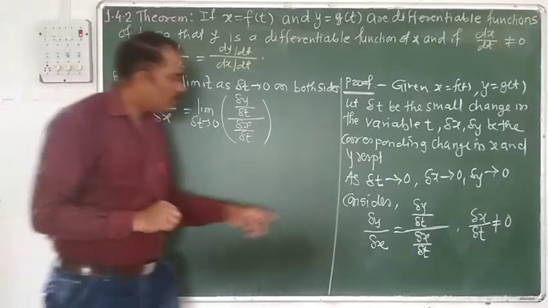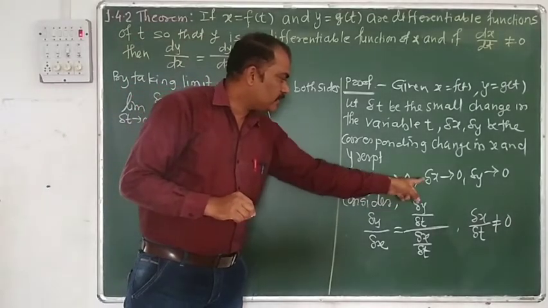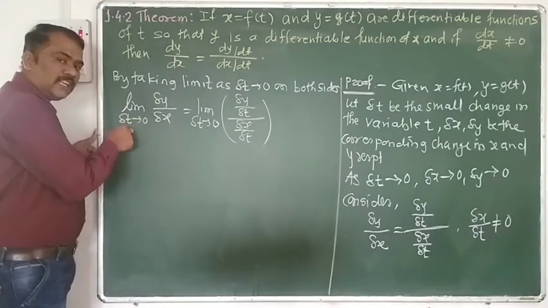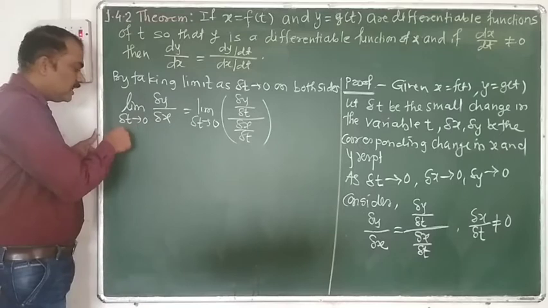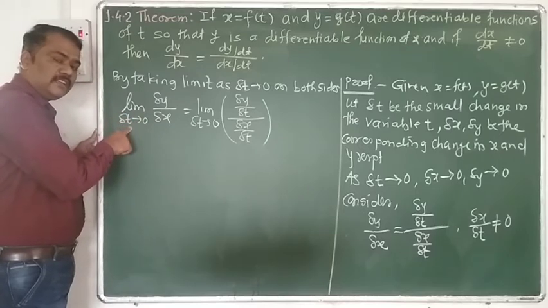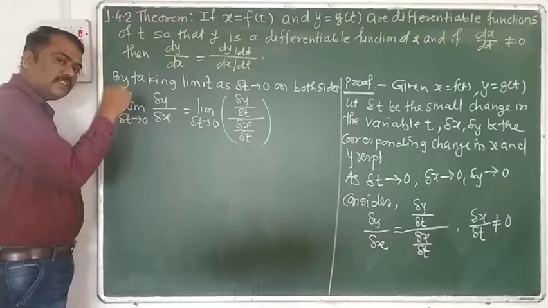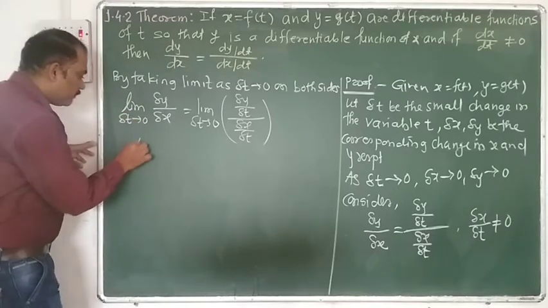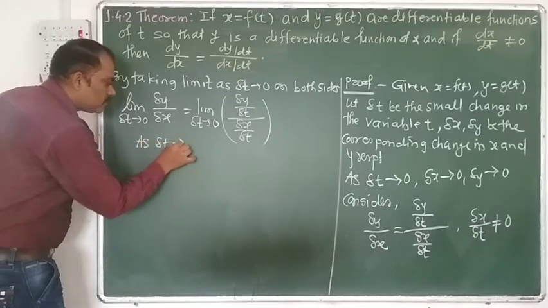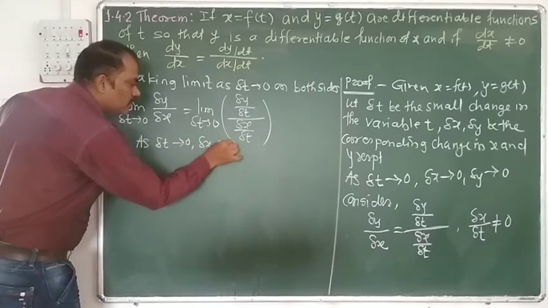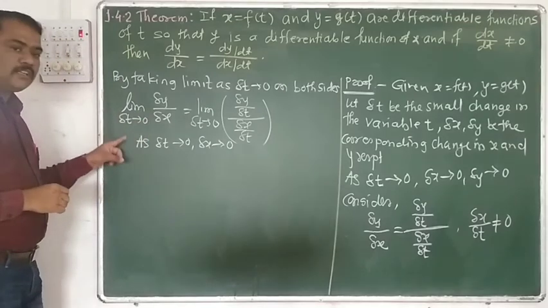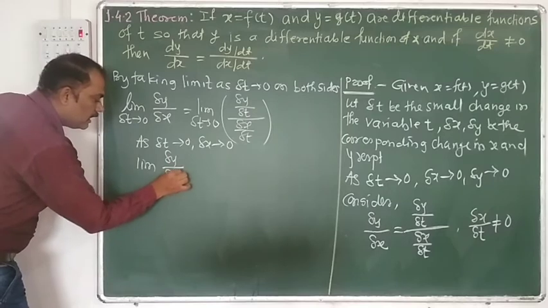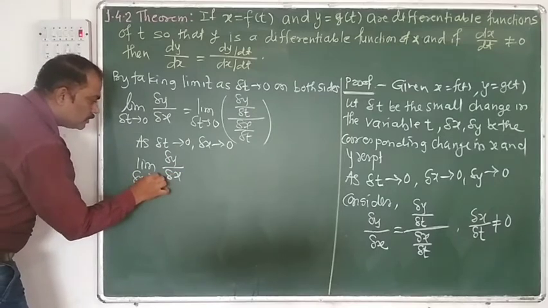So already here we have to mention that as delta t tends to 0, delta x also tends to 0. It means that when we say delta t tends to 0, delta x tends to 0. Even if only delta t tends to 0 is written here, at the same time delta x also tends to 0. So we have to change the limit of this. So we can write the limit of delta y upon delta x as delta x tends to 0 is equal to